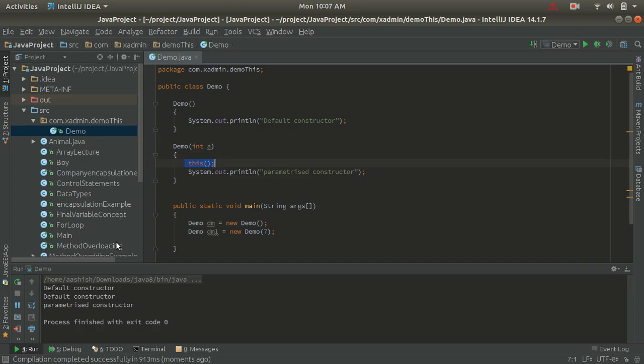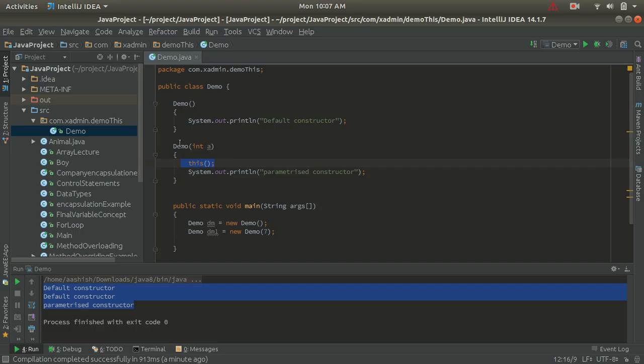You can see that we are getting the output as the default constructor and the parametric constructor. At the time of the first object creation of the dm, it is going to call the default constructor. And when the second object, dm1, is created, it calls the parametric constructor, but it finds that the this keyword is there.